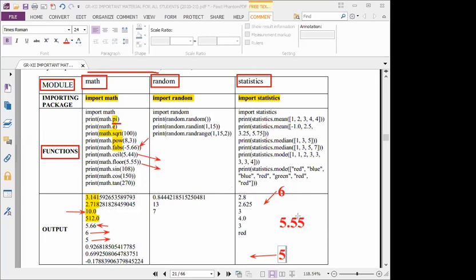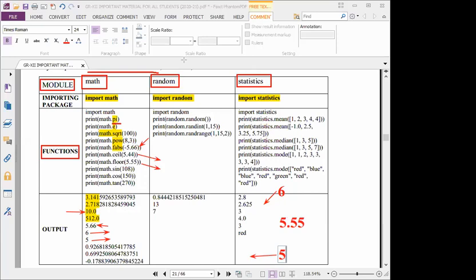So you just consider the given input value. For that you always do some rough work. Write the greatest whole number and the smallest whole number. So this 5.55 is the middle value, and 6 and 5 are the nearest greatest and smallest whole numbers. So 6, the greatest value, will go for ceil. Ceil means ceiling. When you take your room, the ceiling is upward, and floor is down. So the smallest value will go for floor, and the highest value will go for ceil.